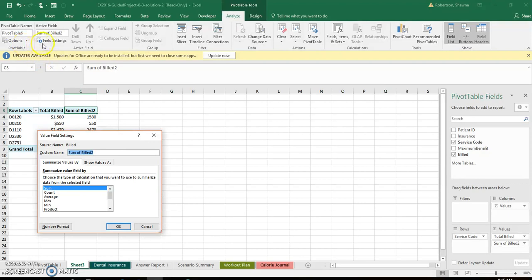It's the same little thing we brought up before, just clicking on the Field Setting button at the top. This just shows us another way that we can access that Value Field Settings command. So the custom name for this one is going to be Average Billed. So again, what the insurance company will want to do is compare the total billed by a particular dentist